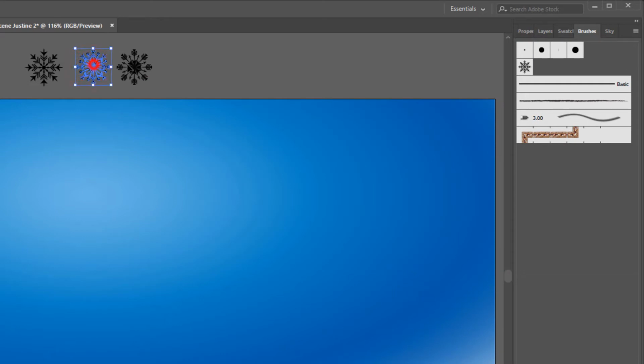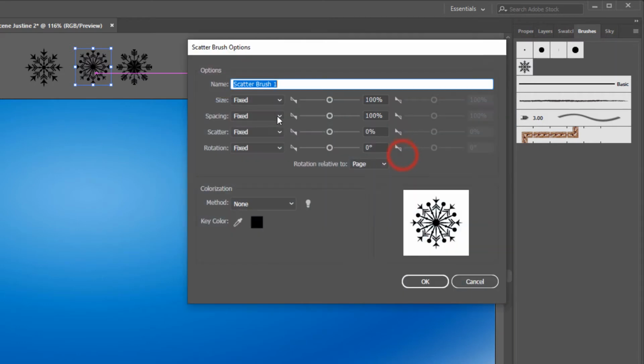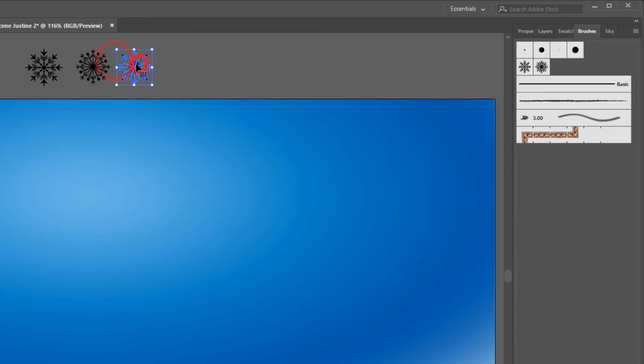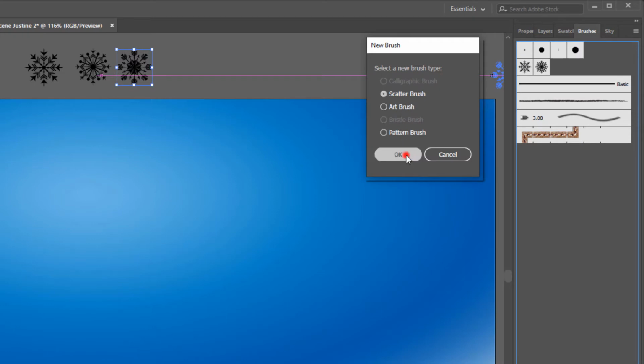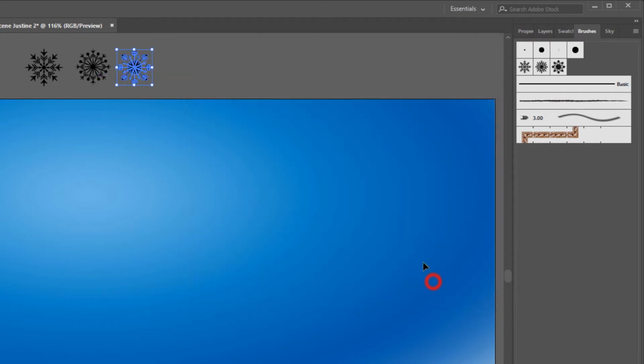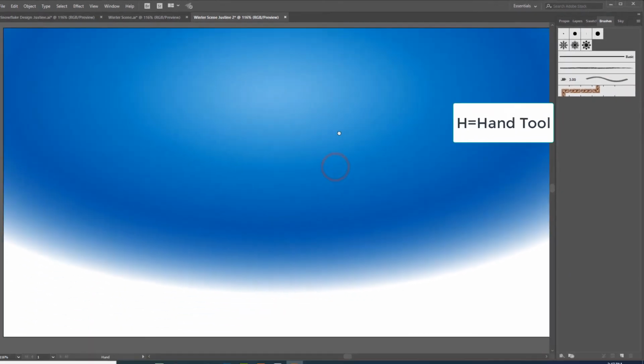Now I will get my second snowflake, click it, drag it and drop it, scatter brush, OK, Snowflake 2, and colorization method tints, OK, and my last one, click it and drag it over here, scatter brush, OK, Snowflake 3, colorization method, tints, and OK. And I will click to deselect that snowflake, H on the keyboard for the hand tool, and move my project